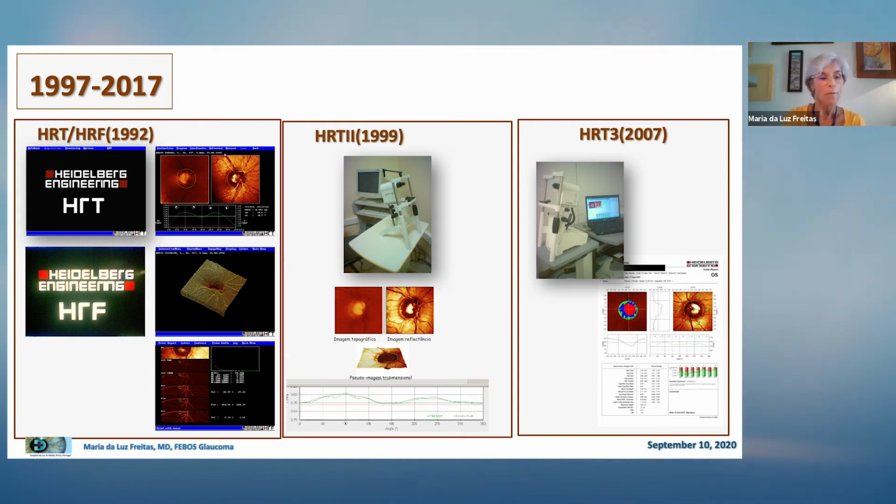HRT allows optic disc analysis, neuroretinal rim thickness measurement, and even progression analysis. The study of the shape of the optic disc gave the possibility to establish a probability of the development of glaucoma. A normative basis, detection of change in the different parameters, and statistical evaluation were possible. But